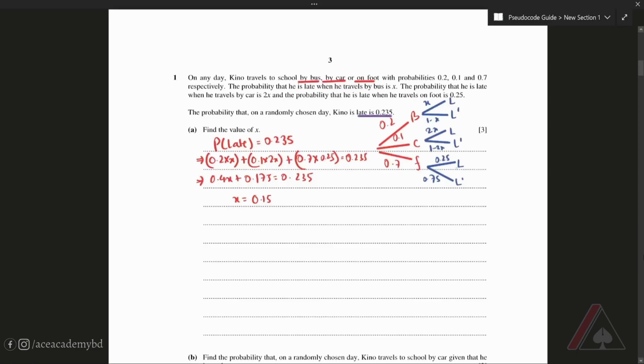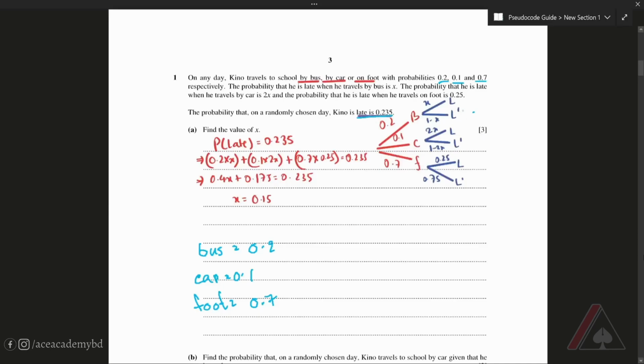Now on the first question it says, on any day, Kino travels to school by bus, by car, or on foot with probabilities 0.2, 0.1, and 0.7 respectively. So the probability for bus is 0.2, car is 0.1, and on foot it is 0.7. So now the probability that he is late overall is